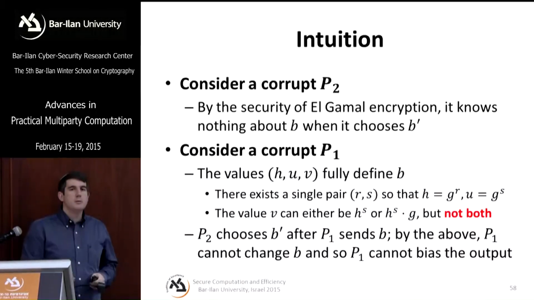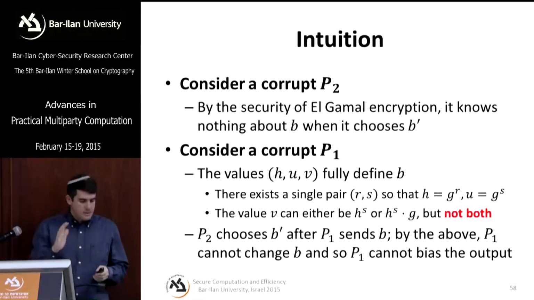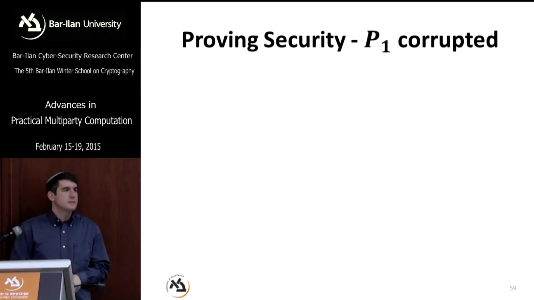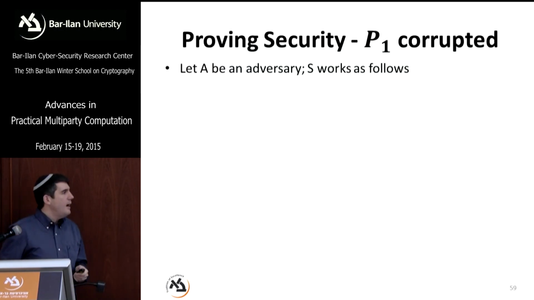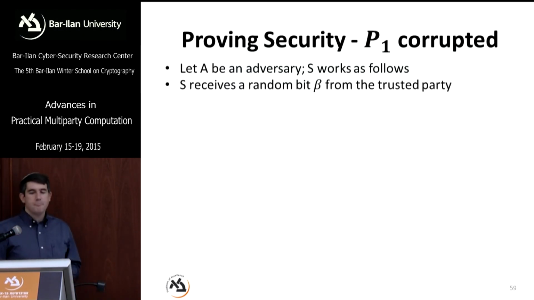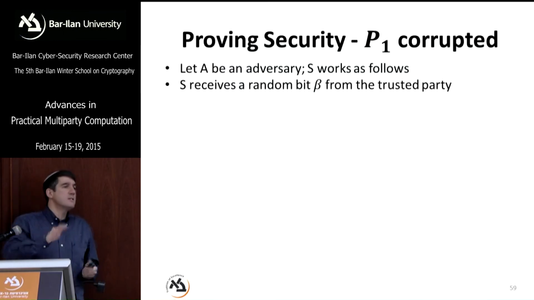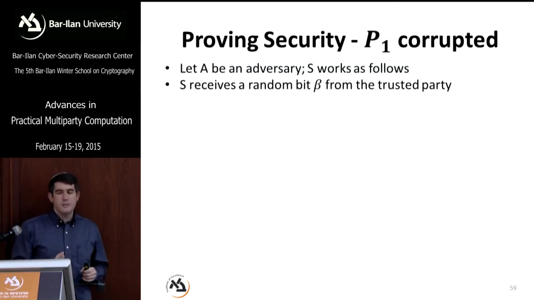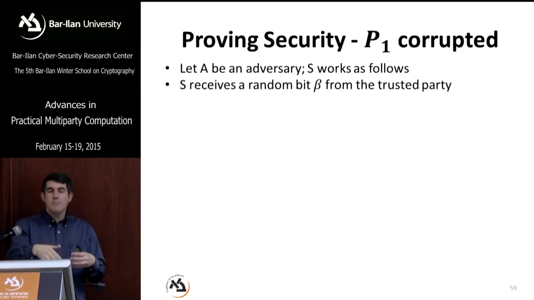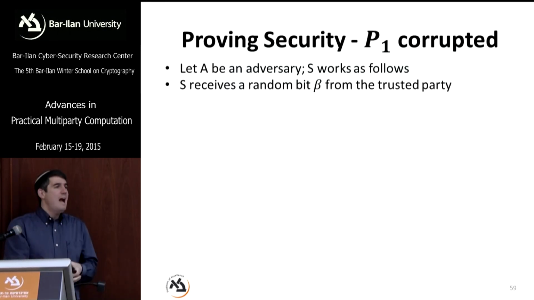It becomes a little bit more difficult to do, but it's not too bad, and it's a good exercise to do. So let's think of what happens when P1 is corrupted. So we have a real adversary A, and we want to construct a simulator S as follows. The first thing we know is that there's no input in coin tossing, so there's no input to be sent to the trusted party, but there is an output. So S receives a random bit beta from the trusted party. And S's aim now is to run the protocol together with the corrupted P1, or with the adversary A,